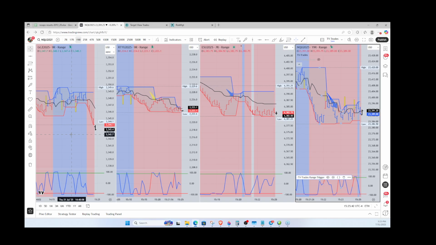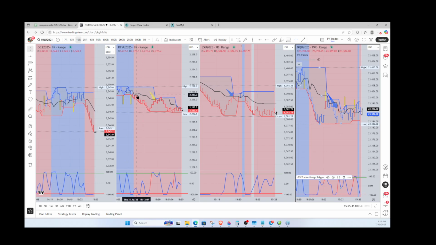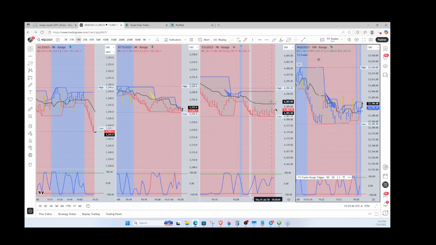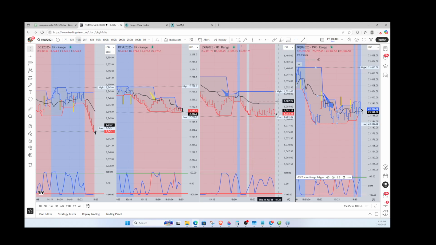If you listen to the words that I'm saying to you right now, I'm looking out a couple of bars. I'm saying, okay, like on the ES right now, we're not at the midpoint, and we're not in the overbought. So if you get an up close on this bar, it's going to bring us in the overbought, but it's not going to touch the midpoint. And even if it did touch the midpoint, you still need a down close to come off the midpoint and come out of the overbought. Alright? Now,